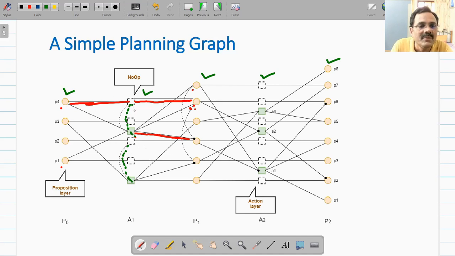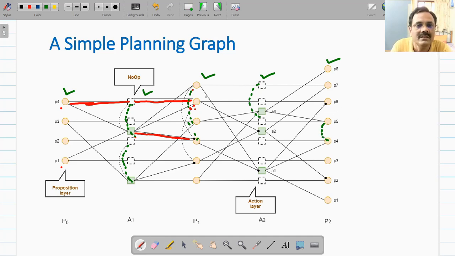So these are mutex actions. In the same layer, you have connected two actions, so we say that they are mutex actions. Similarly, that is applicable in preposition layers also. You can have two prepositions which are mutex with each other. For example, here I can have these two actions which are mutex with each other, and here these two prepositions which are mutex with each other.